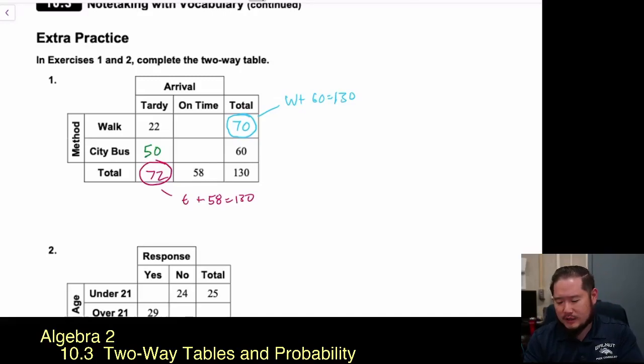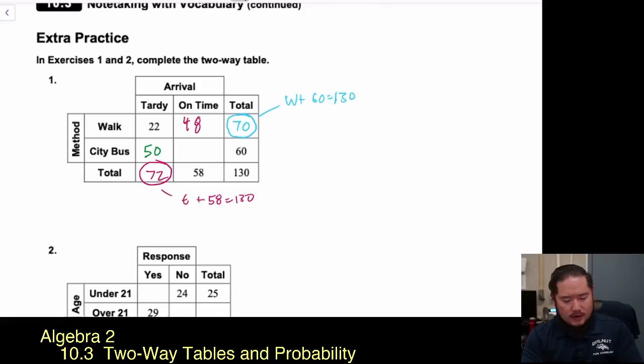Now let's go across with the rows. 22 plus how many on-time people would get us a total of 70? Okay, so we could figure that out. 22 plus x is equal to 70. Subtract 22 from both sides. And right here, I will say that this ends up being